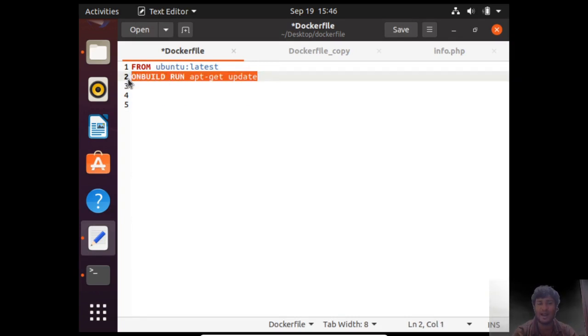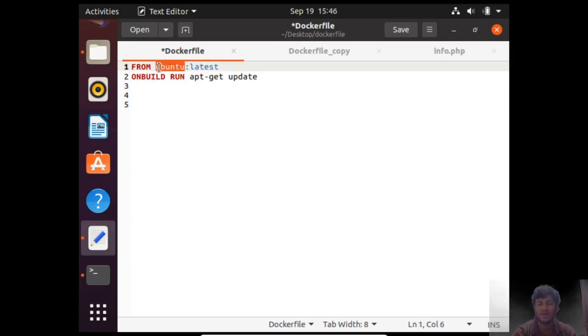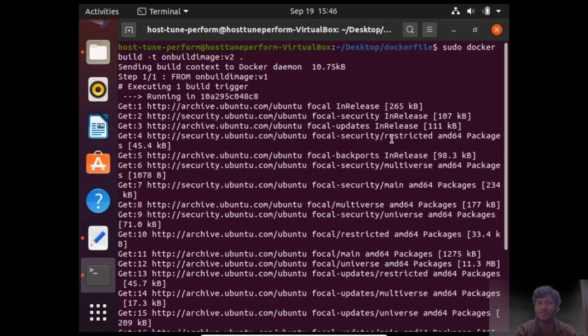This was the on build command. So this was the first image which we created, version 1. Now when we create another image from this image, which is version 2, from version 1, it executed the command which was given as on build in the first image. So on build says that if this particular image is used as a base image for a second image, then first all the commands which have been written in on build should be executed. This is the simple meaning of on build.